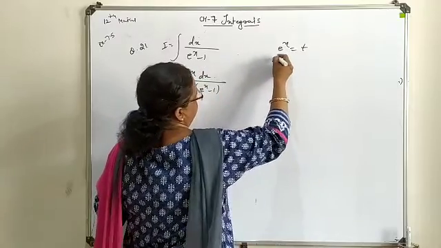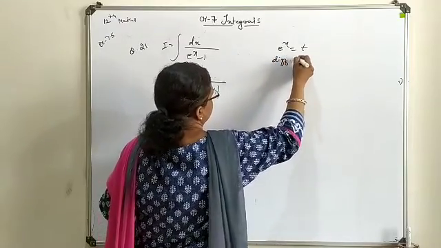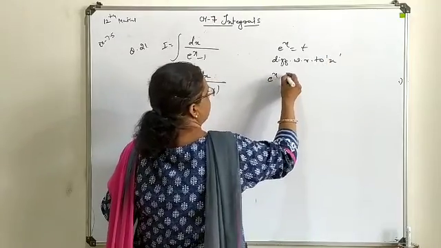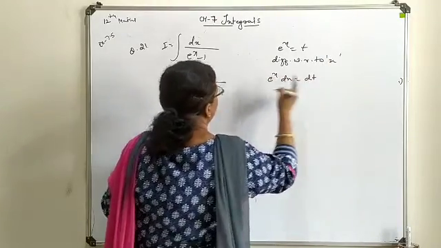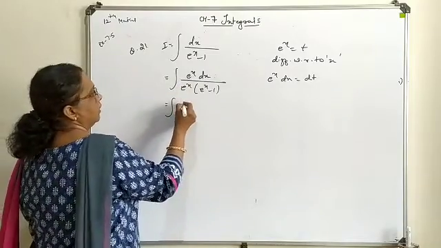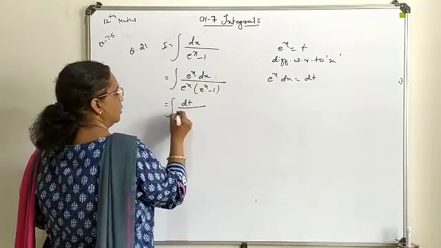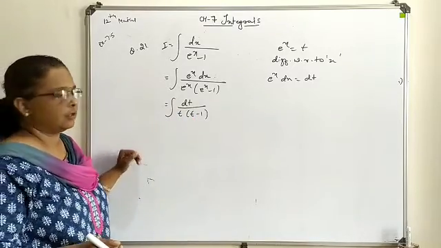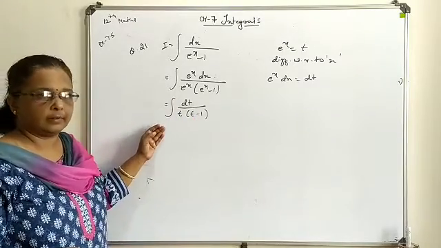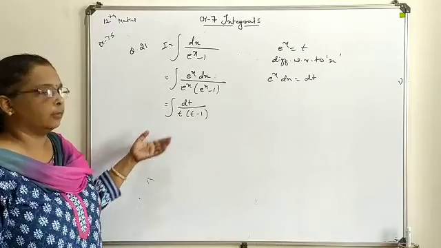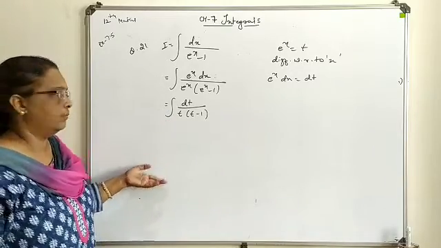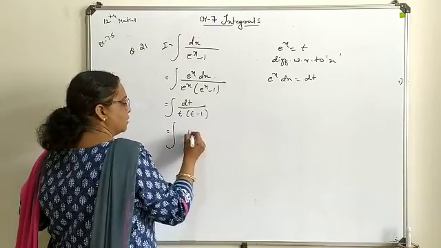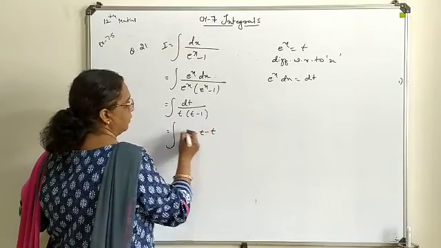Go for writing its differentiation, so e power x dx becomes dt. Now turn your whole question: this is your dt, this is your t, and this is t minus 1. Now this can proceed for partial fraction, or it can be handled directly as linear combinations are available in simple form. How is it to be treated further? This is your 1 available, so plus t and minus t from our side.